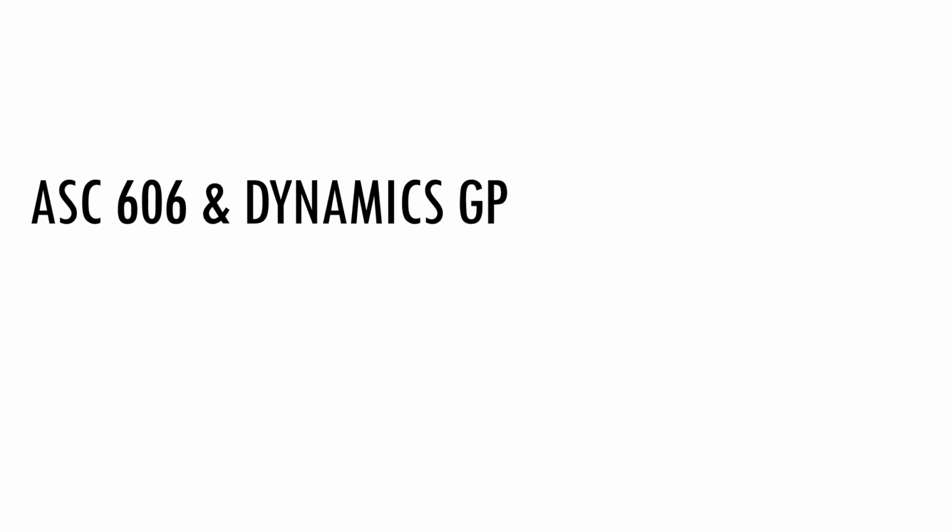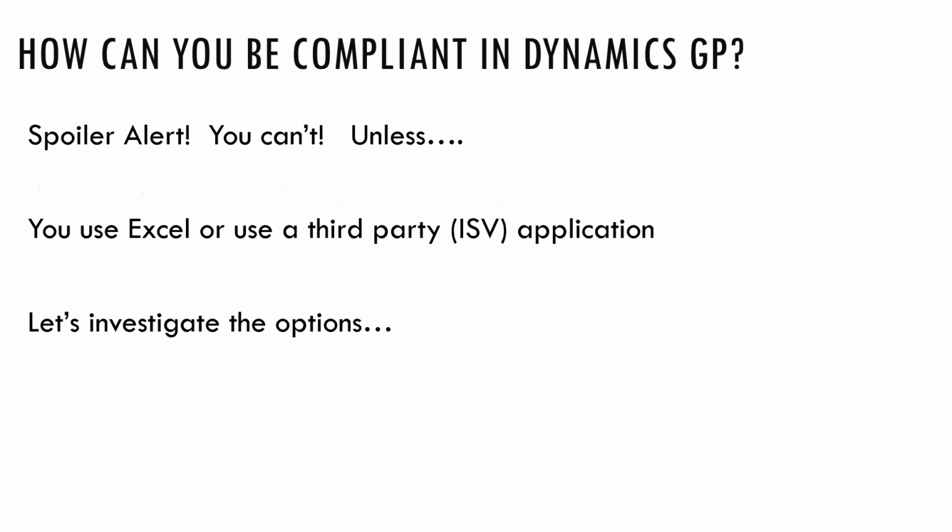So, the number one reason that we're on this call today is that we're using Dynamics GP. As we're going through ASC 606 and those steps, the performance obligations, reallocating the transaction price, you were thinking, how am I going to do that? If I put a price on, how do I then reallocate the revenue of those things inside of Dynamics GP? Well, you can't,